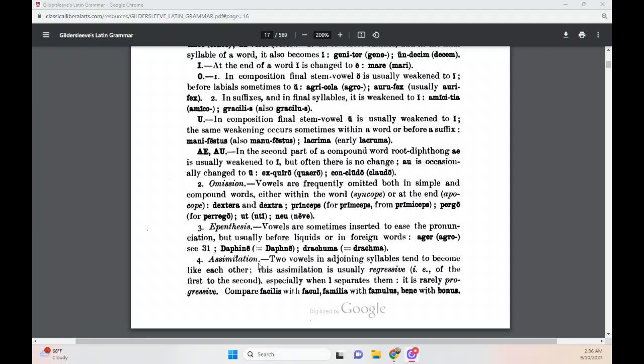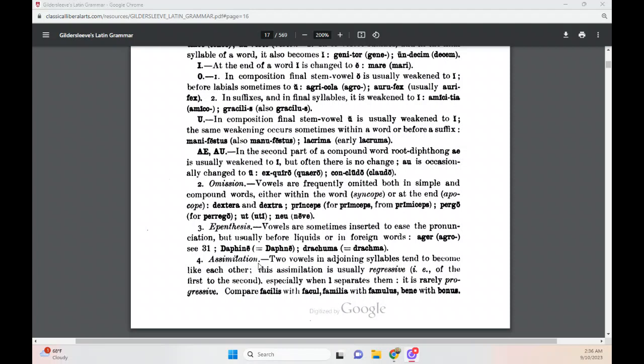warm water and we mix them together, what happens? The cold water becomes warmer and the warm water becomes colder. They assimilate. They become like one another. That's assimilation. So when we have two words, or two syllables we should say, and they come together in the